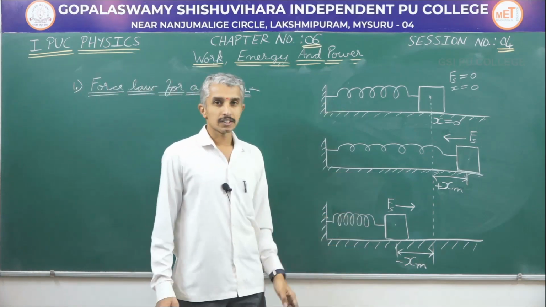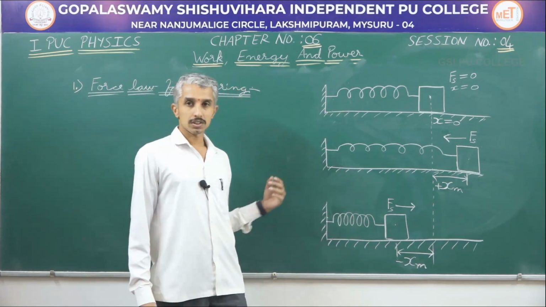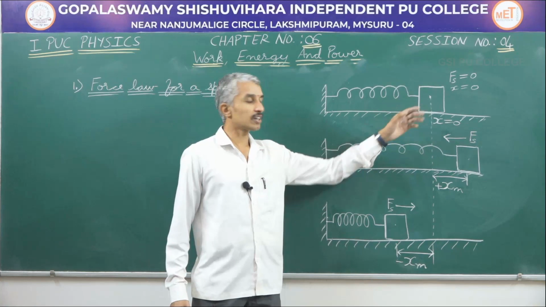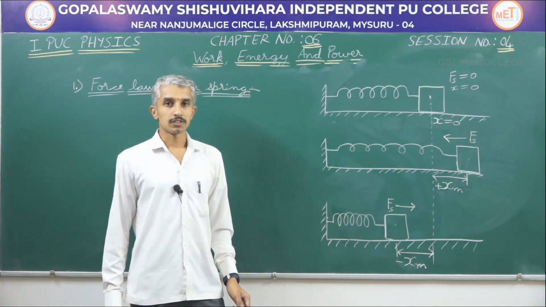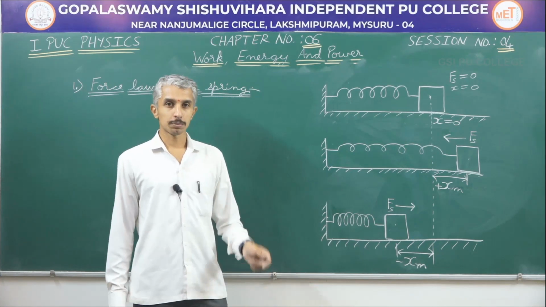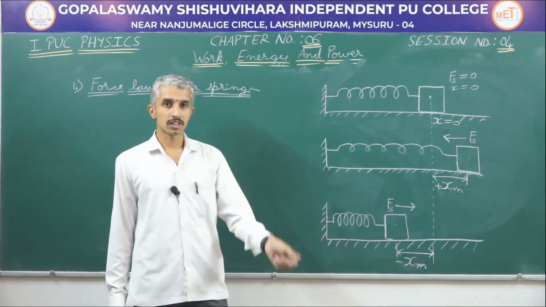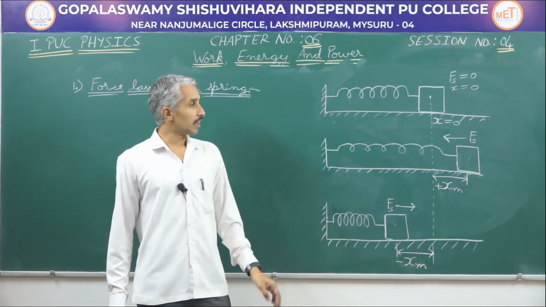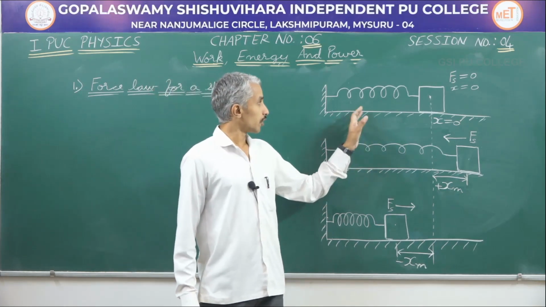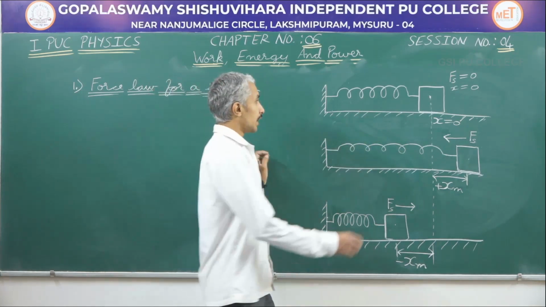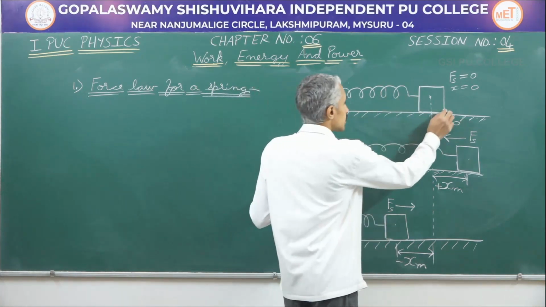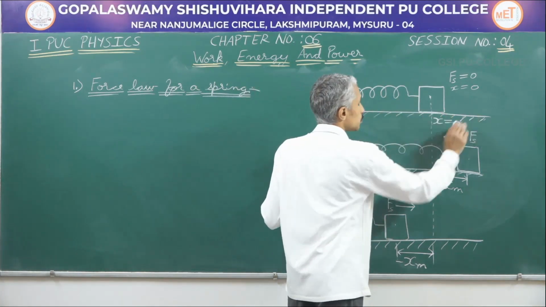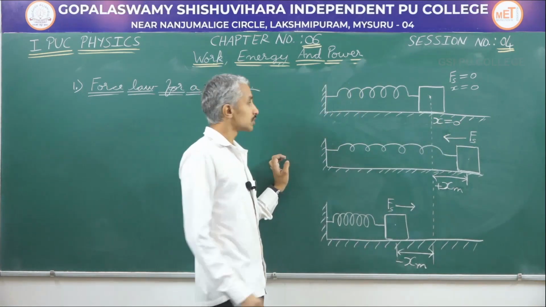Here I have drawn a diagram to depict the horizontal oscillations of a spring and mass system. We have seen the experiment of spring constant, where the spring was oscillating up and down in the vertical direction. Similar oscillations can also be seen for a horizontal spring. I have a mass m attached to a horizontal spring. The mass is placed on a smooth surface which is frictionless.